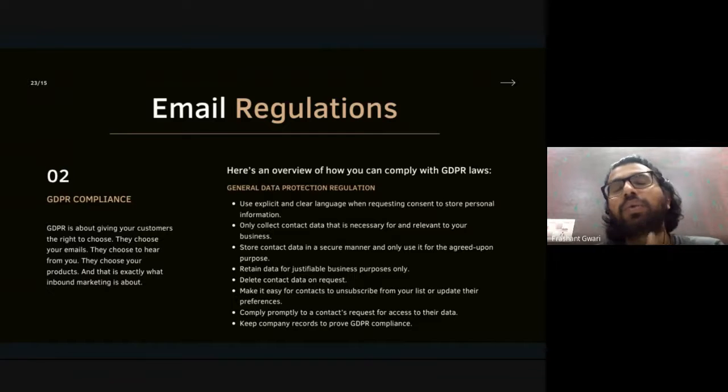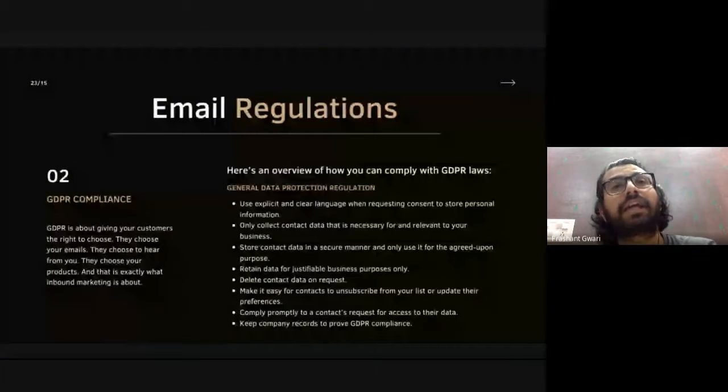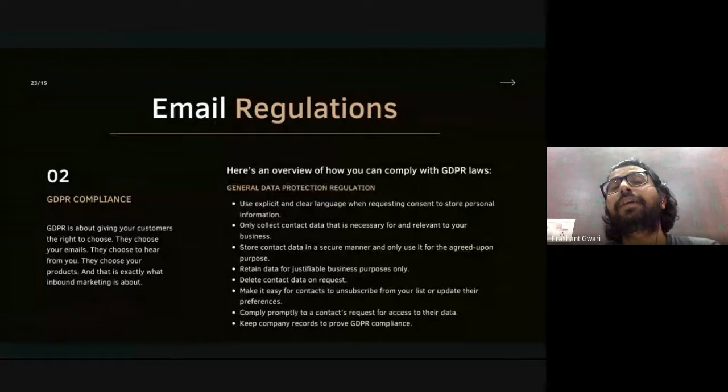So you need to store data in a secure place, because we are asking for lots of confidential information: their phone number, their PAN card, their Aadhaar number, their location, their email ID. Sometimes we ask for their credit card and debit card details. So we don't want them to get leaked. So you have to create a proper secure manner to store that information.